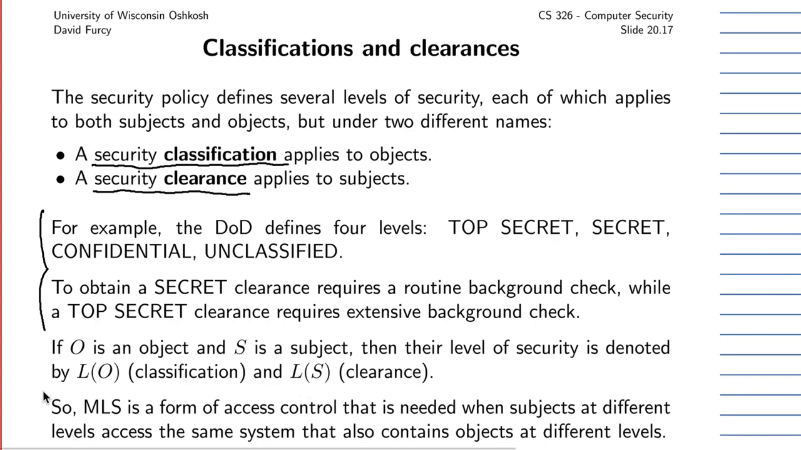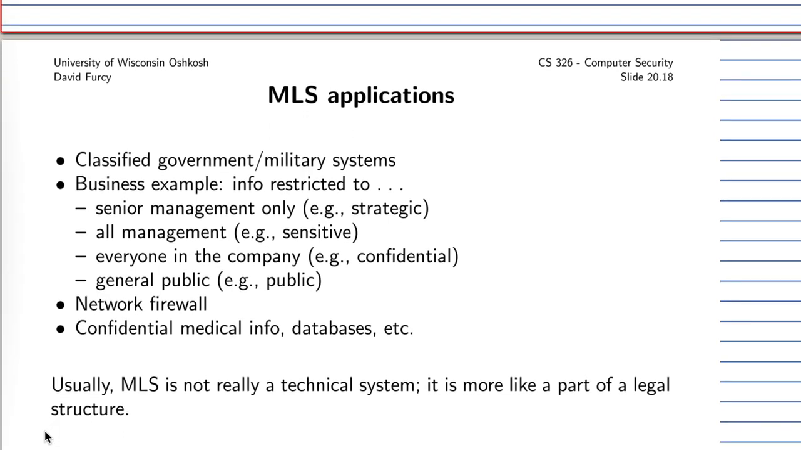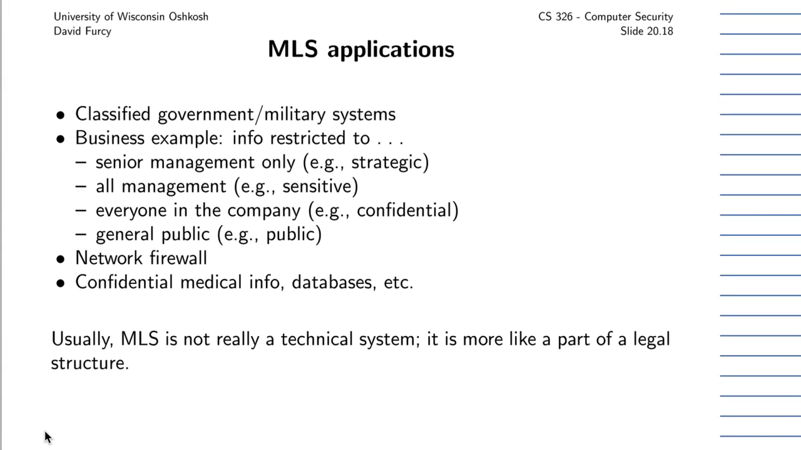So in short, a multi-level security system is a form of access control policy that is needed when you have different subjects that are in a hierarchy, such as in the military hierarchy, and they access a bunch of resources that are also classified at different levels of security based on who has a need to know for which particular resource. Outside of military systems or other classified government organizations, you could also apply multi-level security